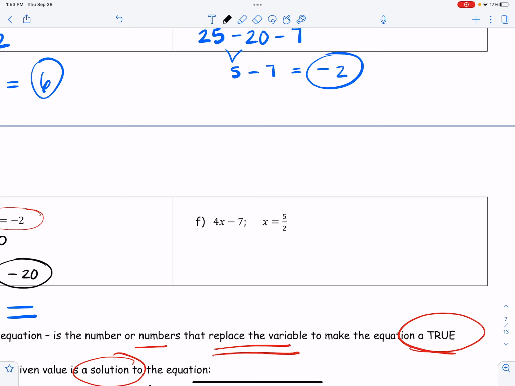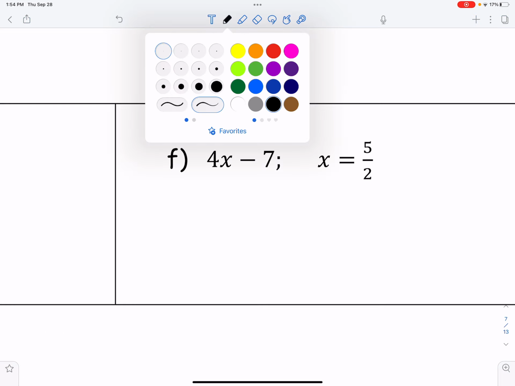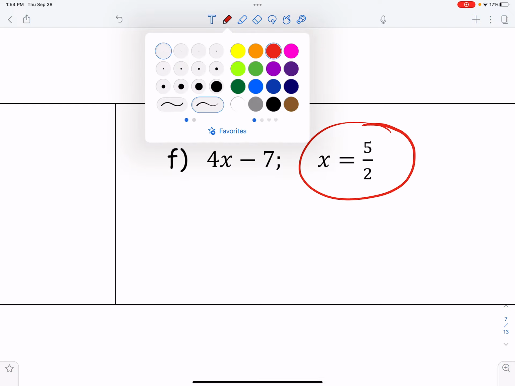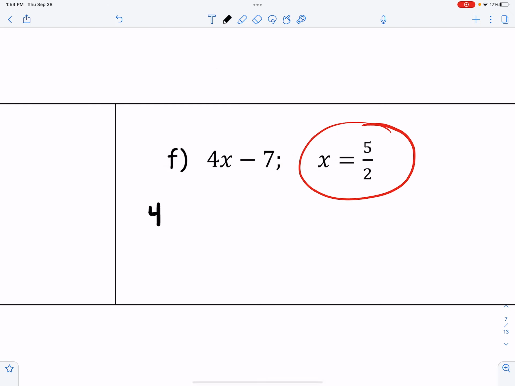When you're working with fractions, just remember that coefficient is multiplied out in front of the x. So here, if I want to evaluate for 5/2, the coefficient there is 4, and then the x that I'm plugging in here is 5/2